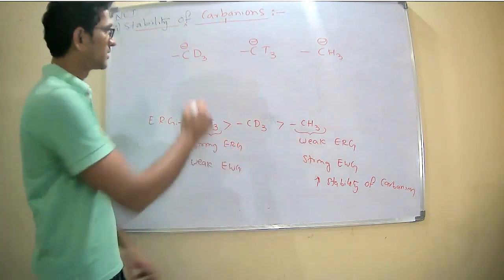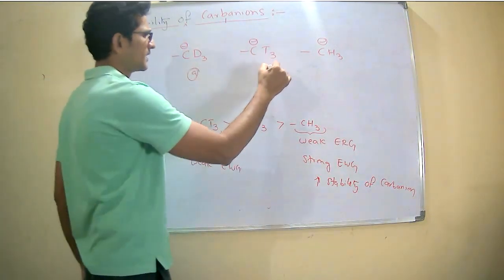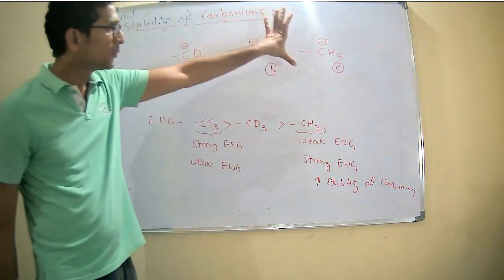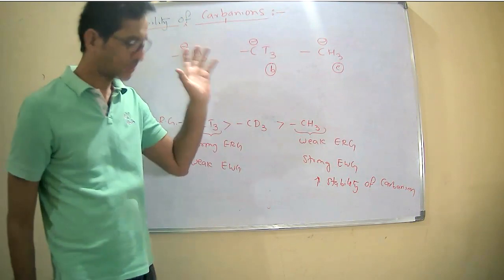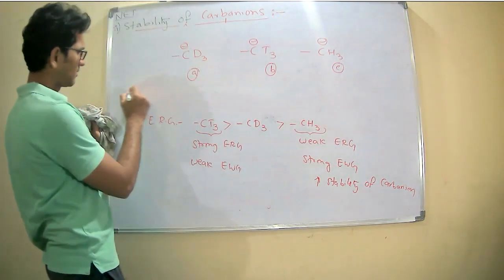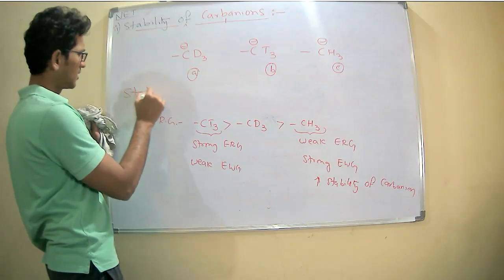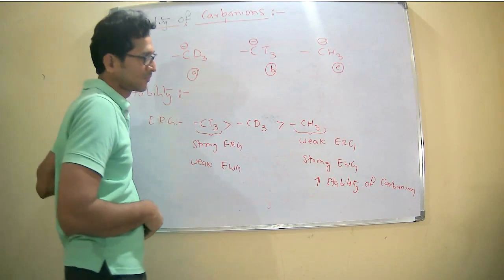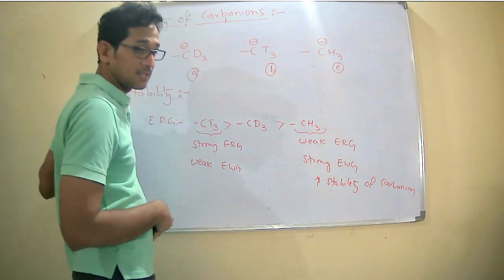Therefore, so it is A, it is B, it is C. Among these three, which is the more stable carbanion? Stability order. Among these three, which is